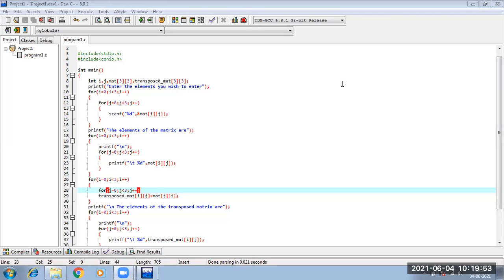Same for passing 2D arrays to functions, there are a few things. Then pointers and 2D arrays is another topic. Multi-dimensional arrays, pointers and 3-dimensional arrays, all these things are there, but those are not included in your syllabus. Fine.